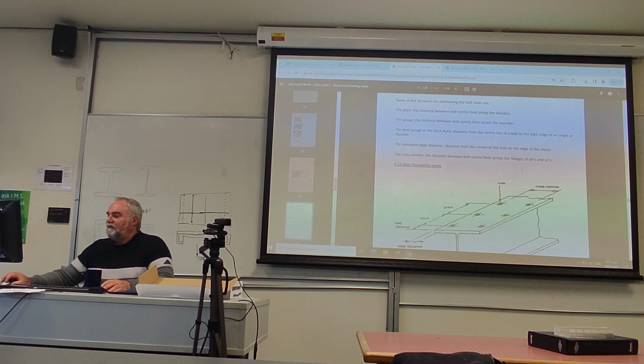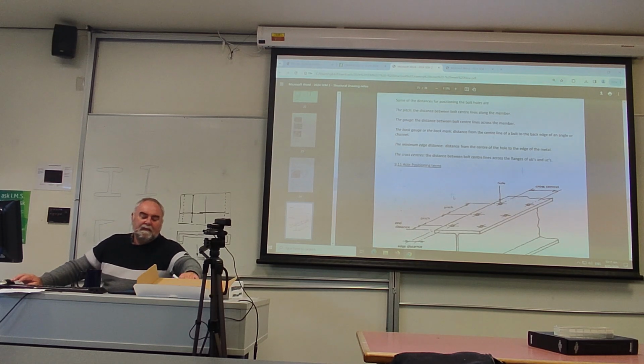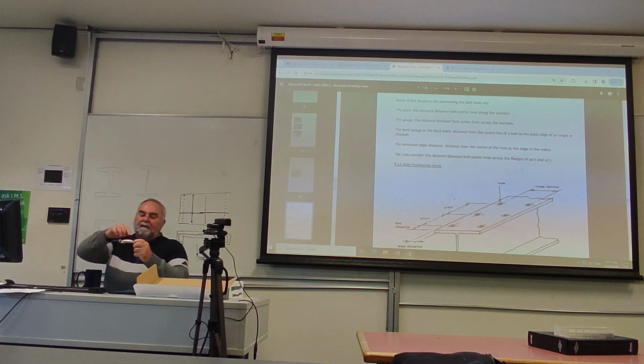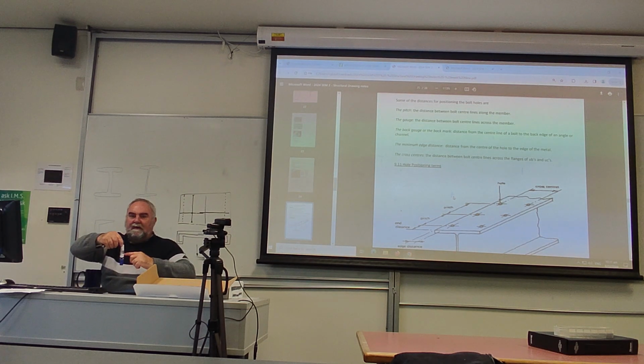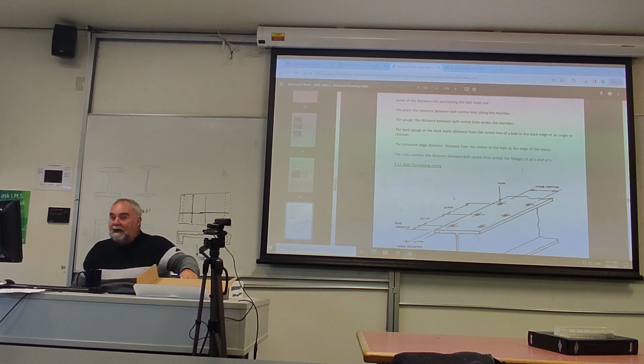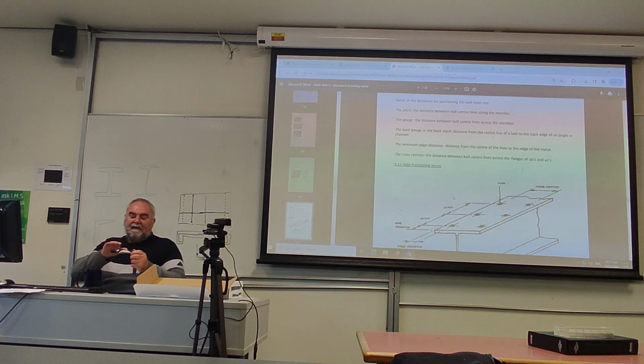the pitch in a beam is the bolt running lengthways. The back gauge is the distance from, on an angle like that, you've got a hole here. The back gauge is from that point to the hole. If you've got a hole here, the back gauge is from that point down to the hole. So that's what we call a back gauge. It's really just a dimension from the flat part of the angle to where the